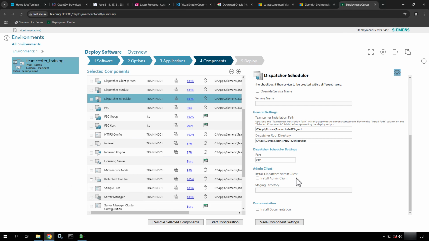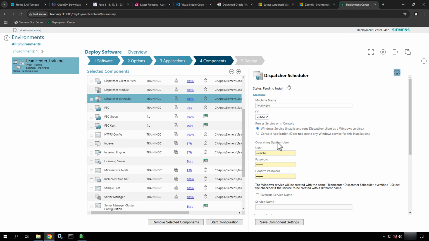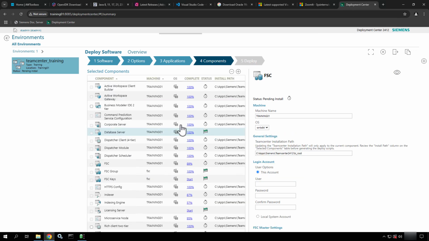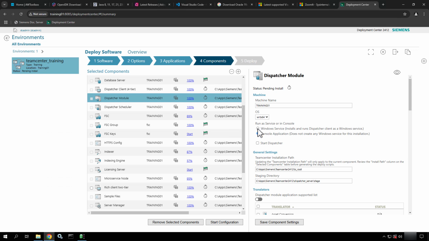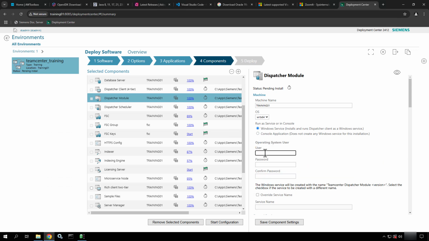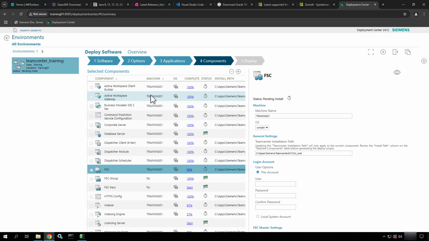I'm not installing the admin client at the moment, and I'm not installing the documentation, but you could. In here, I've got everything I need. I'm going to go ahead and click Save. All right. So now I just want to double check the module has the Windows Service option as well. It does not, so I don't remember doing that for that. So I'm going to go ahead and add that for the dispatcher module and save that. So now I've got all three of them starting up as a Windows service,